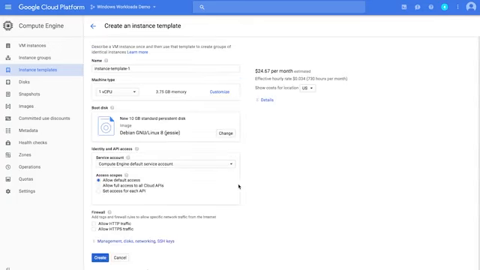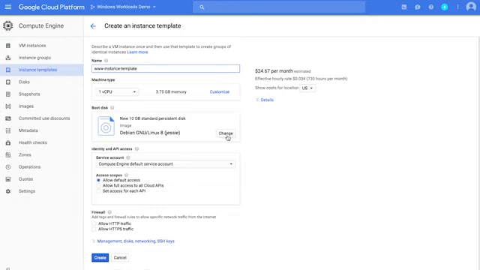It's very similar to the VM instances form that we may already have seen. So I'm going to call my instance template www instance template. I'm going to select 1 CPU and 3.75 gigs of memory, which will be fine for this particular demo. For a real-world application, we can pick exactly the right shape of virtual machine that will fit our needs.